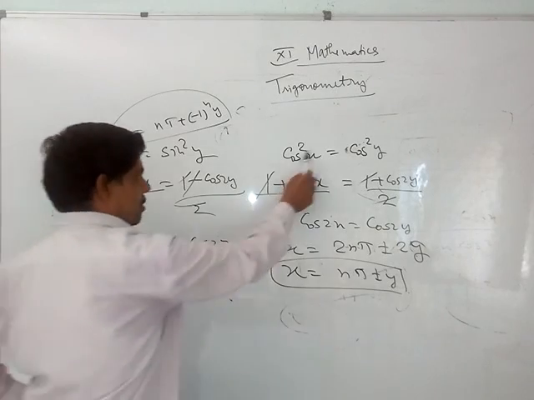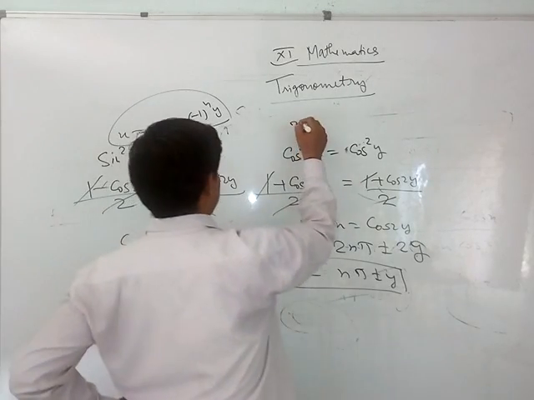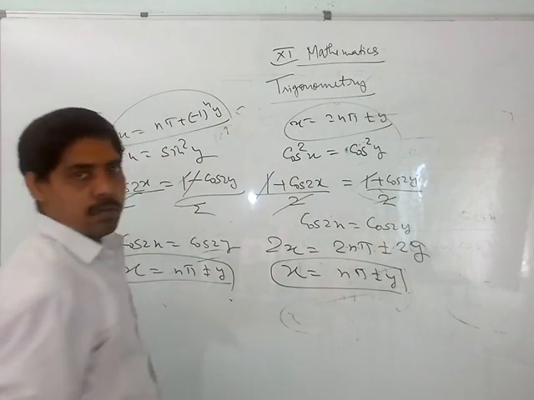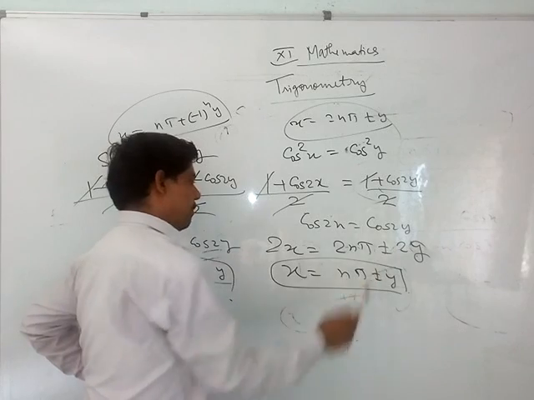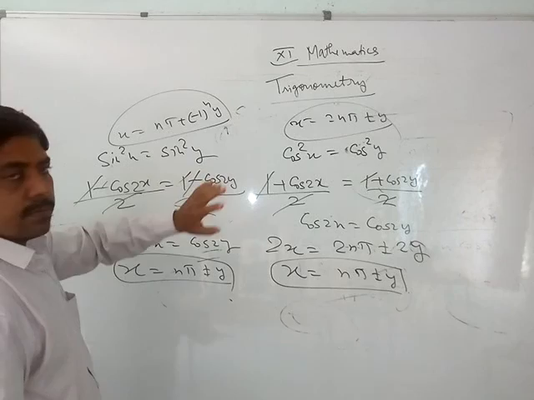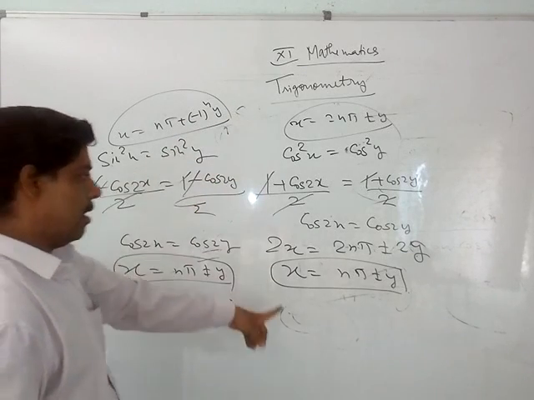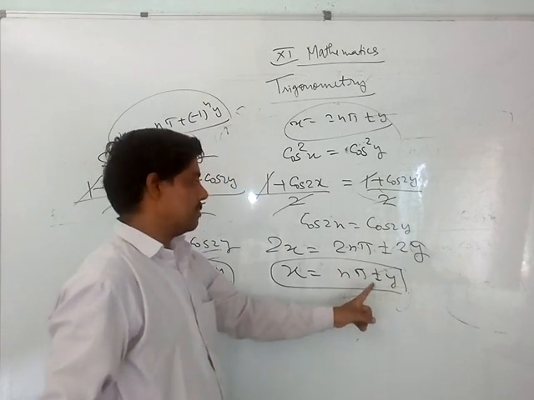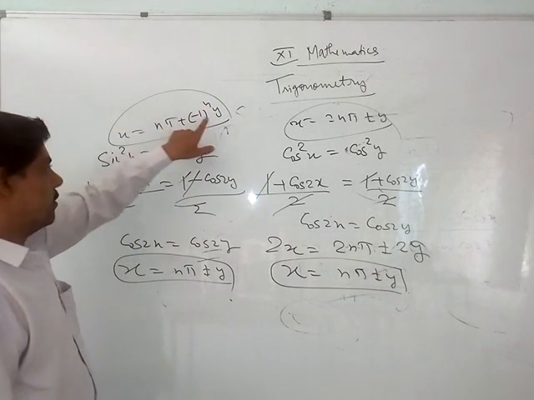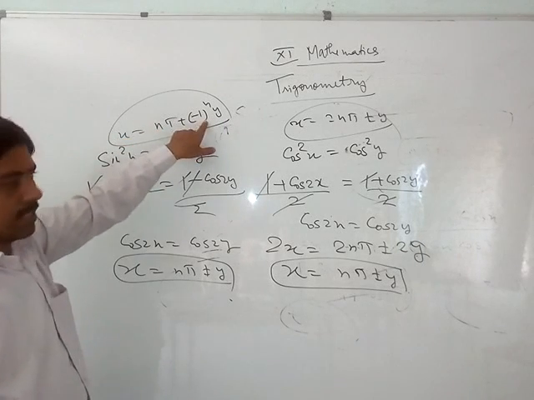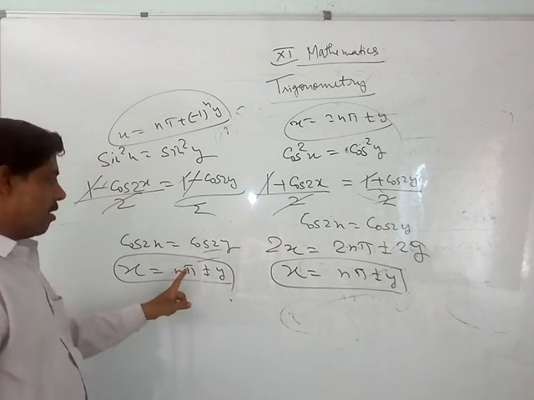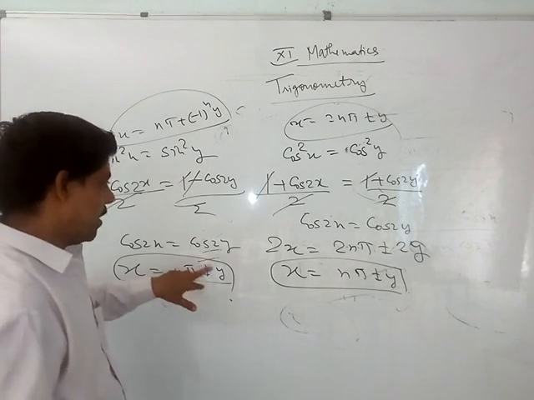If cos x is equal to cos y, answer is x is equal to 2n pi plus minus y. But if cos square x is equal to cos square y, answer is x is equal to n pi plus minus y. So what is the meaning of 2n pi plus minus y? It means only even multiples. What is the use of minus 1 to the power n? If n is odd, you take the minus sign. If it is even, you take the plus sign. But here, both even and odd, you can take any value of n, and then you can take plus minus y.